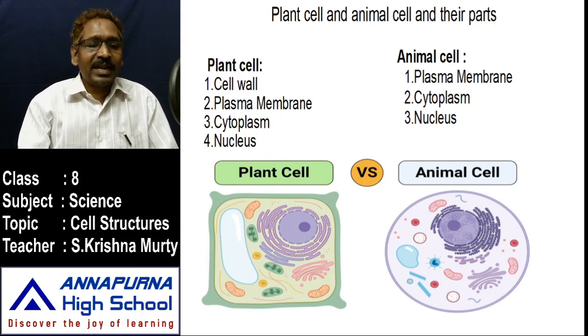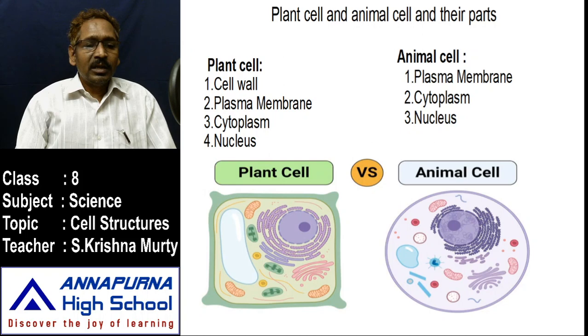So the plant cell has these four kinds of parts. And another is the animal cell. Look at the screen. What is there? The animal cell is enclosed with only a delicate, soft, flexible membrane. Very soft this is. There is no cell wall around that. It contains only one membrane.